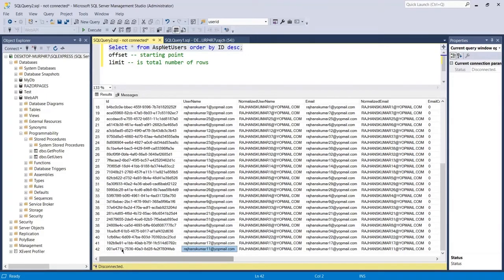Okay, so now you can say, why are we getting the next row? Because I have passed the offset as 40, and I am getting the rows from the next, 41st row, and that is because the offset is starting from the 0 position. Okay, so that is why it is selecting the next row.